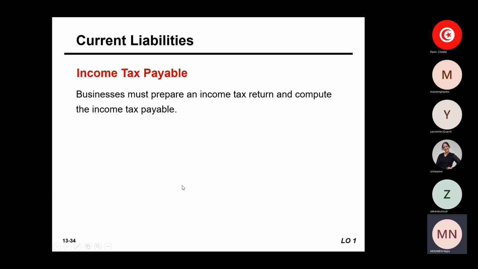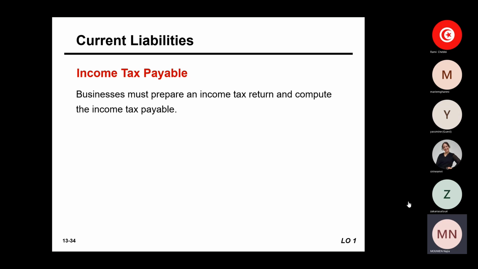Okay, so that's the income tax payable. What was already covered is the indirect taxes, the taxes that will be borne by the customer. So the ultimate customer will bear the payment of these taxes. And as you have seen, businesses are only third parties that will be collecting and remitting the entire amount if it is sales tax, or just remitting the difference between what was collected and what was paid as value-added taxes to the tax authorities. Now we'll be talking about income tax payable.